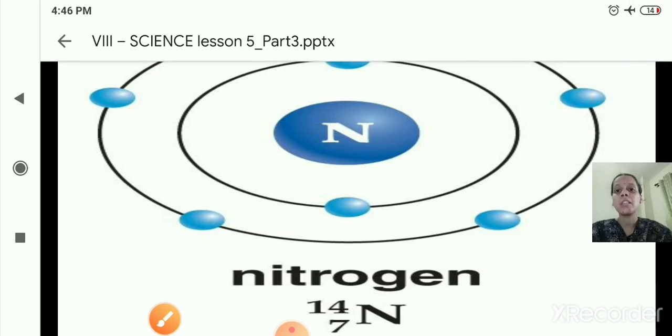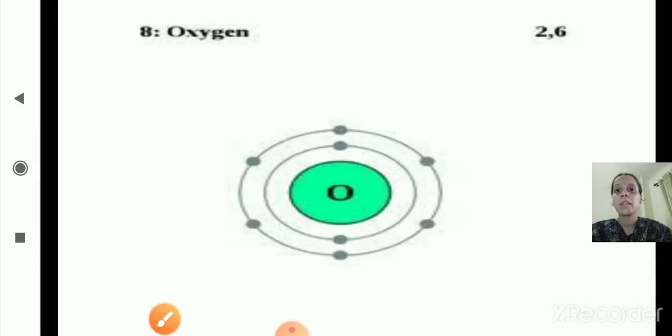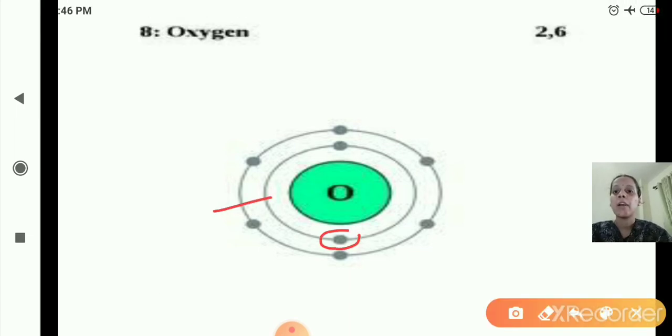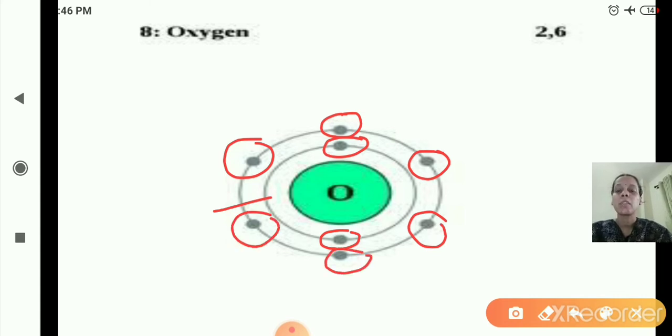Now the next is oxygen. Yes, how many total number of electrons in oxygen atom? 8 electrons. So 1, 2 electrons in K shell and the remaining 6 electrons in L shell. 1, 2, 3, 4, 5 and 6. So how will you write down electronic configuration? See, this is the way you write electronic configuration in the numerical form. 2, 6 is the electronic configuration for oxygen atom. I hope you are clear till here.